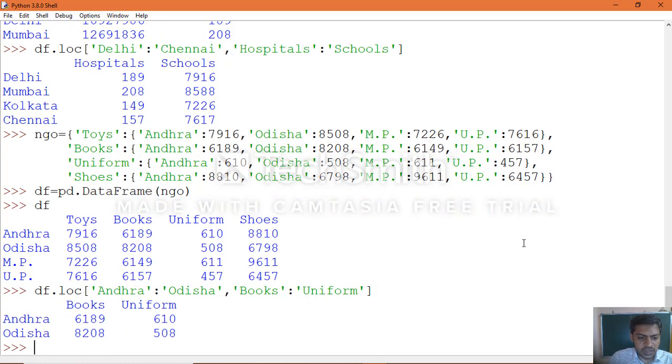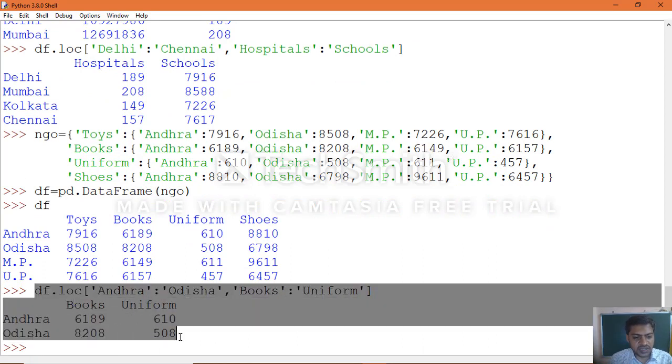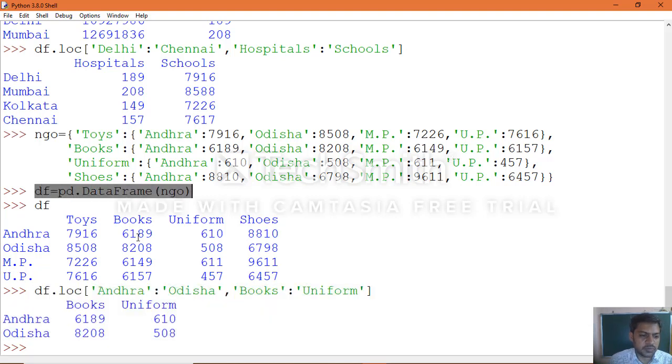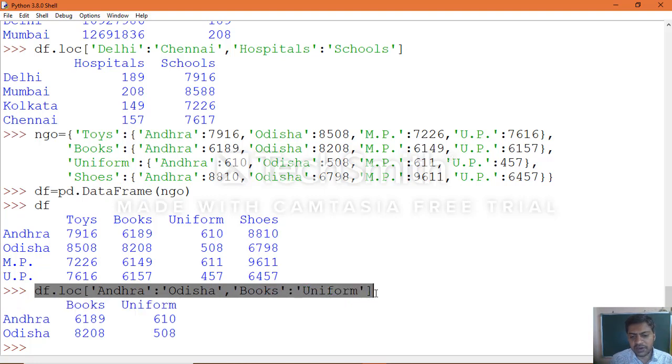So this is the question they asked. You import the module, use the dictionary and create the object. Then you need not print the data frame, or else directly write this statement after the object creation to get the output according to the question they have specified.